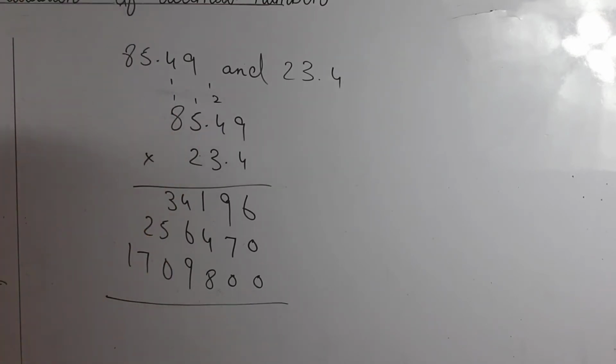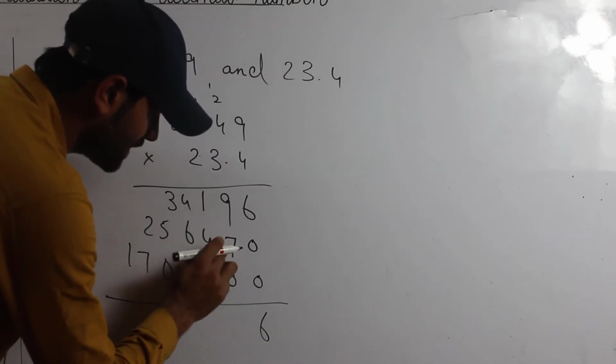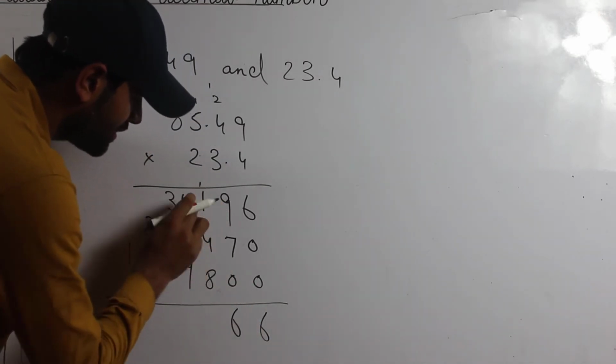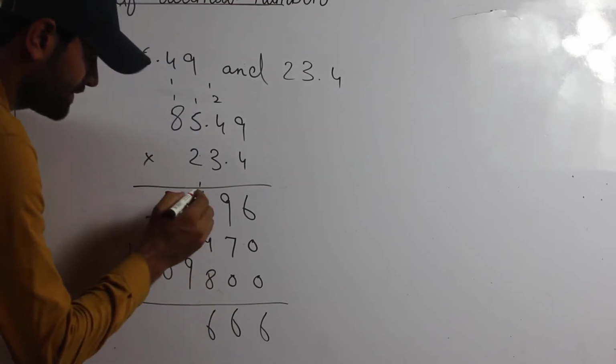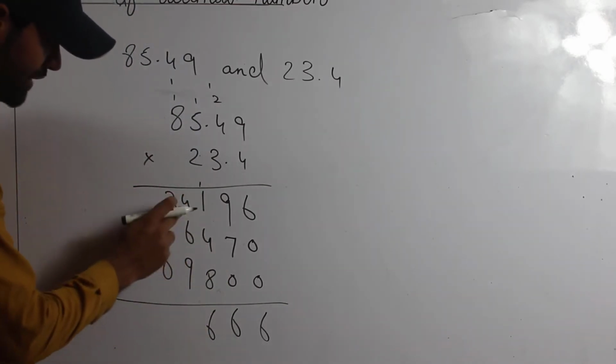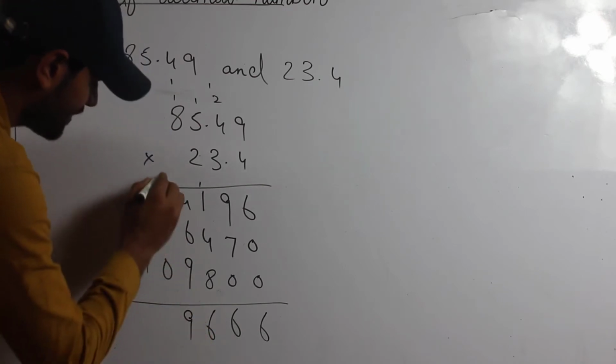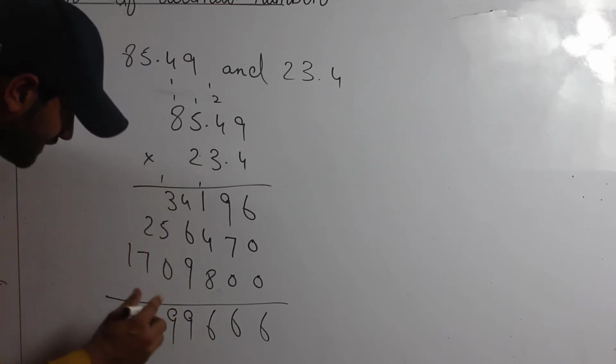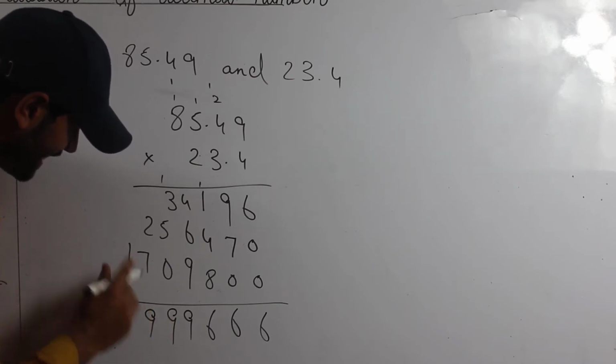So then addition: 6, 9 plus 7, 16, carry 1, 5 plus 1, 6, 9 plus 6, 15, 15 plus 4, 19, carry 1, 5 plus 3, 8, 8 plus 1, 9, 2 plus 7, 9 and 1.